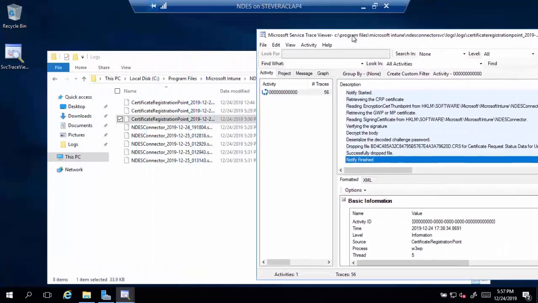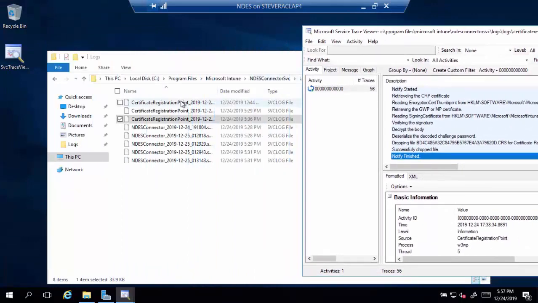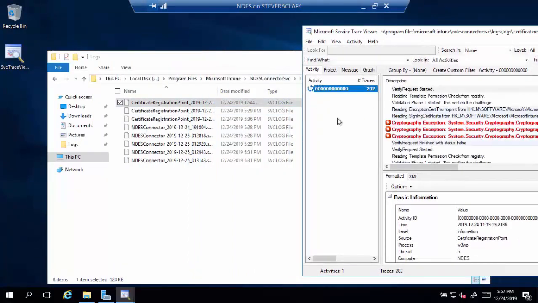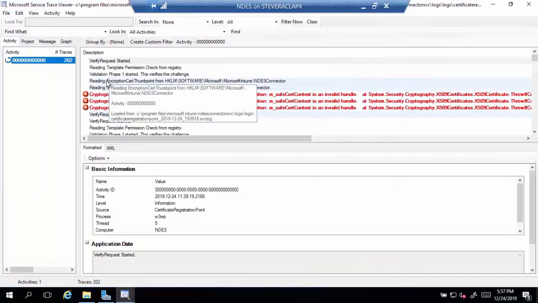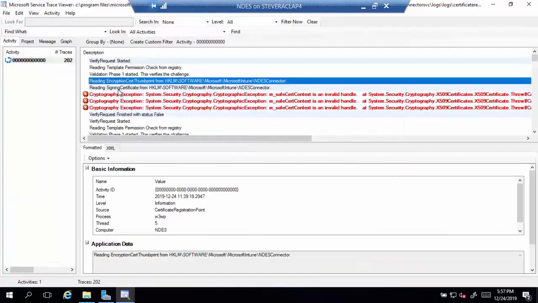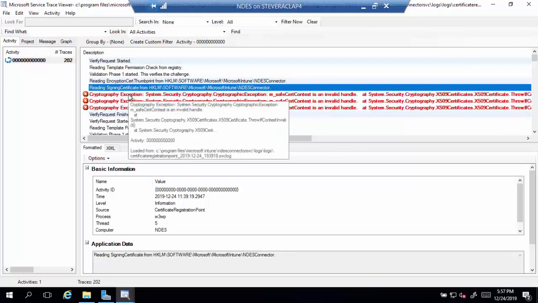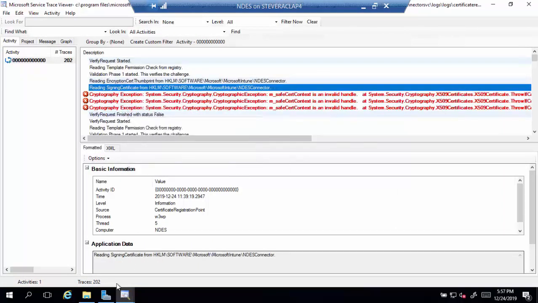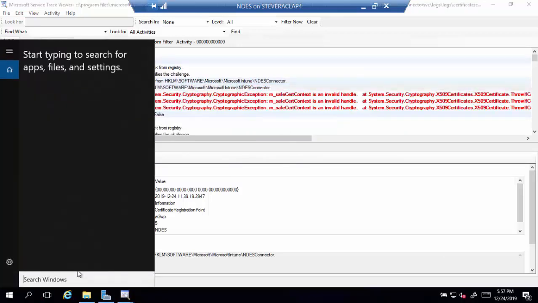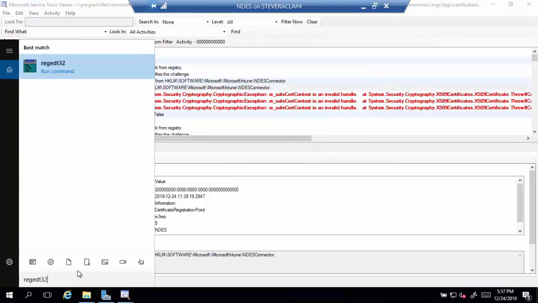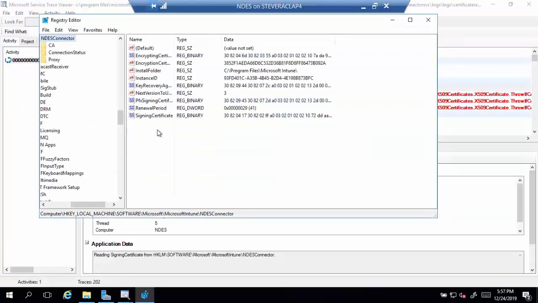The one I encountered at first was, I think, this one. Let's load. Yes. And so what you see here is reading encryption cert, reading signing cert, and then exceptions, right? Well, what happened to me, and I don't know why, honestly, I don't know what happened, but this entry in